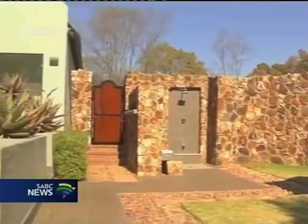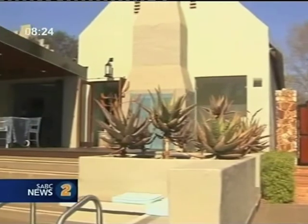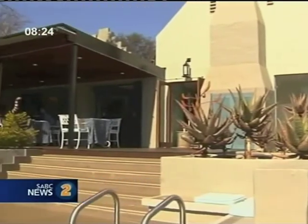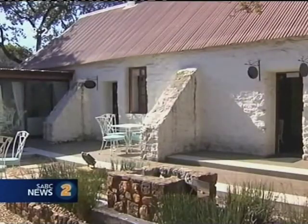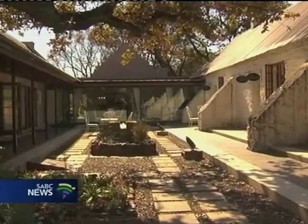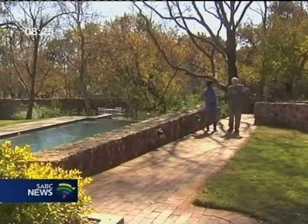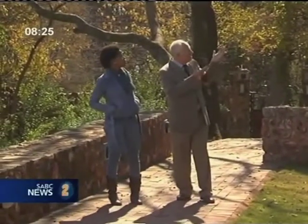Some of this building behind us is fairly modern, the last couple of years, but the main anchor of where we're standing is that particular section, which was the farm manager's cottage of the old Irene farm, and that was built in 1895, so they tell me. And it is built in the same style as the rest of the main farm buildings of Irene Farm, which